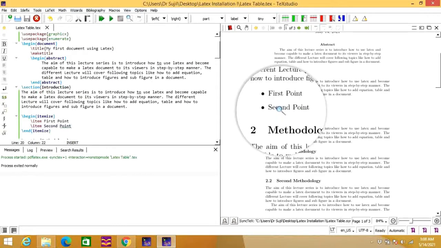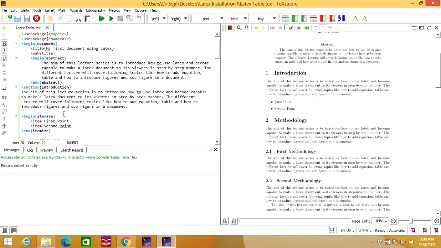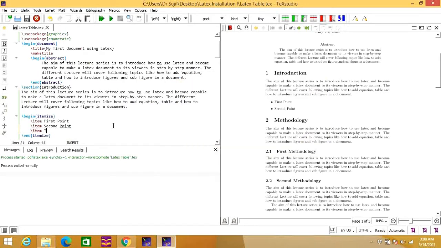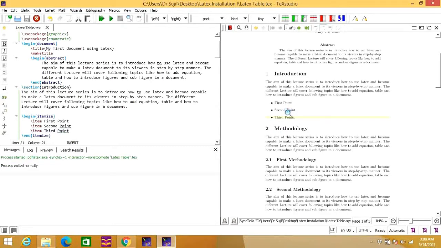You can see here second point, and if you want to add another point you can use \item, which is third point. Likewise you can add n number of items.